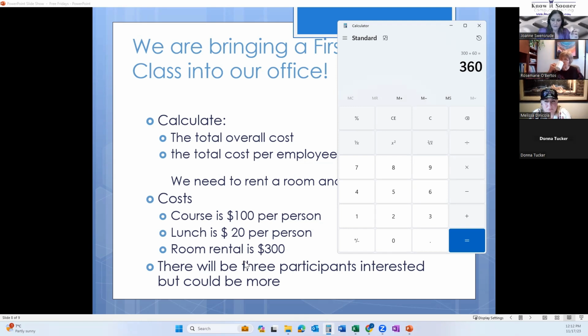So 360 plus 300, right? So it should be $660. Is that right? $300 plus the 60 is 360, and then plus the $300 for room rental. Okay, there you go, boss. It's $660 it's going to cost.